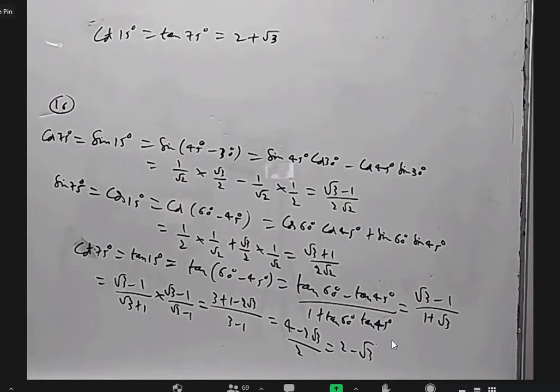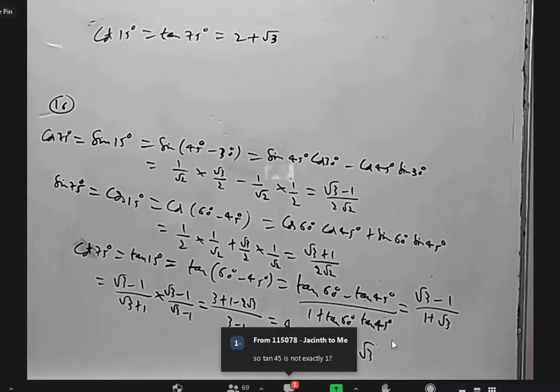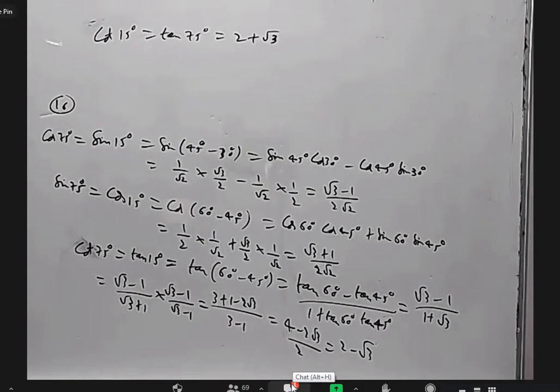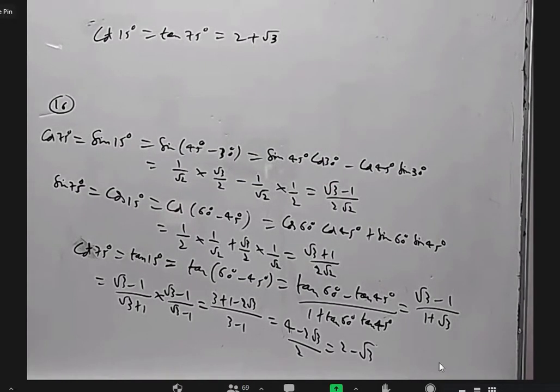Then we are finding an approximate value for every circle also. Yes, and not the correct value. Sir, tan 15 value is not root 3 minus 1 by 1 plus root 3, no, sir? Tan 15 is root 3 minus 1 by root 3 plus 1. After rationalizing, it became 2 minus root 3. The 2 minus root 3 is the value of tan 15, no, sir? Yes, correct. Exactly.